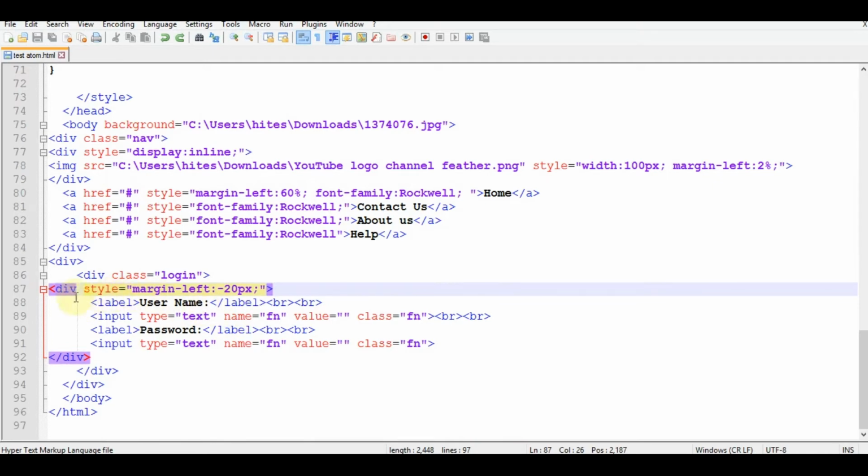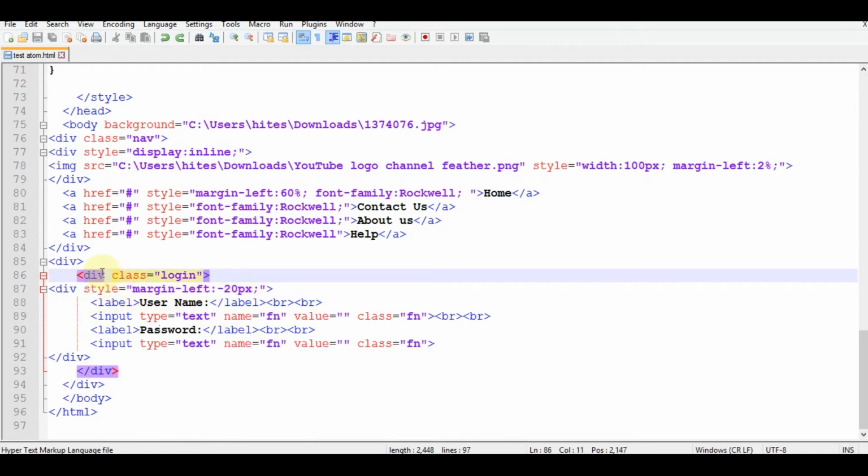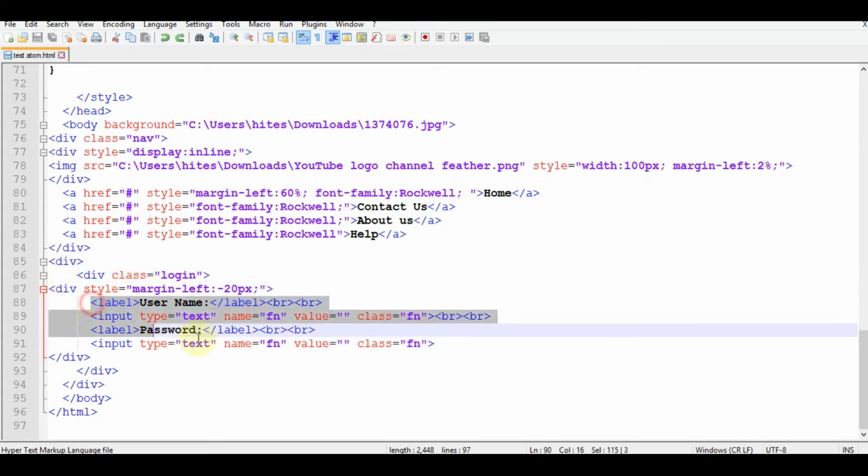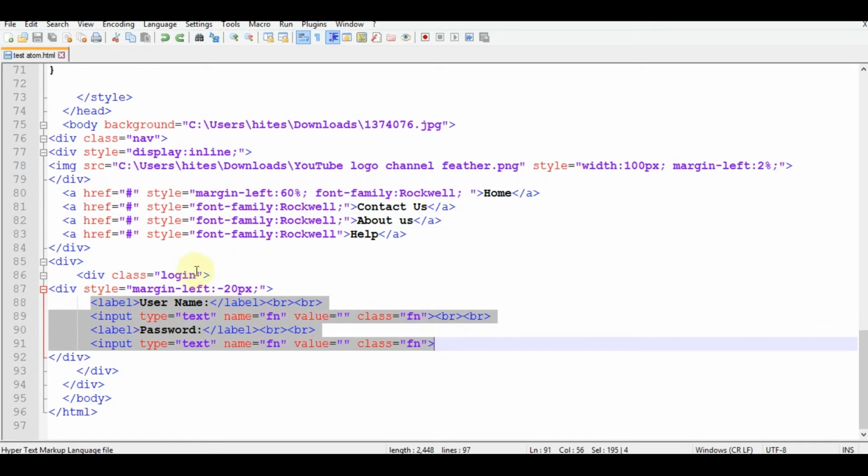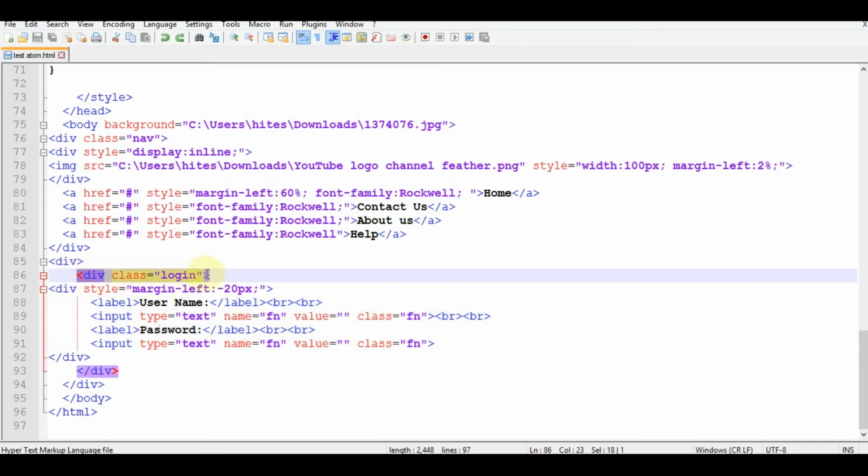Now you can see that this division and this division, here I have put all of these in a single division and I have given it class login. Here the real work starts. Means if you want to apply some settings on these things, on this division or anything in this, you will give them a class called login. You can give any name you want. Login is the name given by me. You can give your own name here, it doesn't matter.